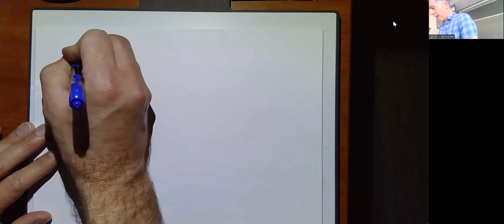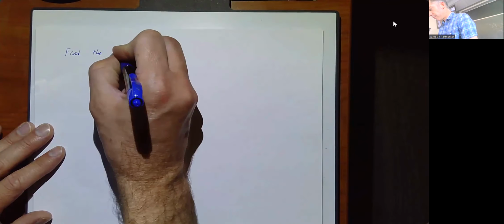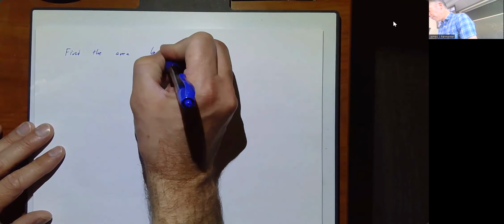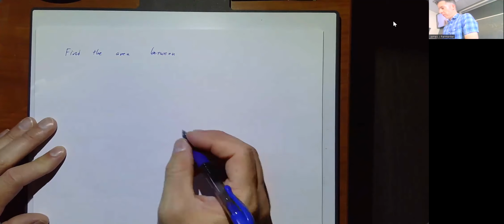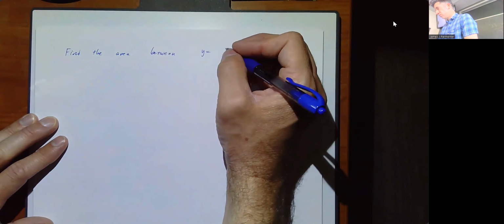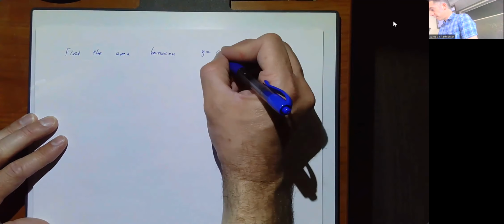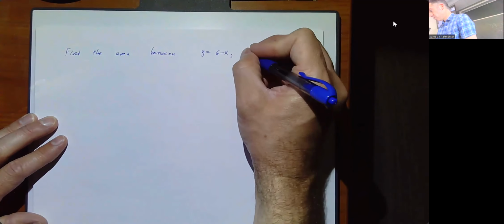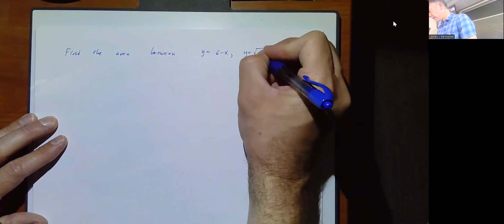So let's say I want to find the area between the curves. Oh yeah, I've got some good ones here. Y equal to, do I have some good ones? Yeah. 6 minus x, y equal to the square root of x, and